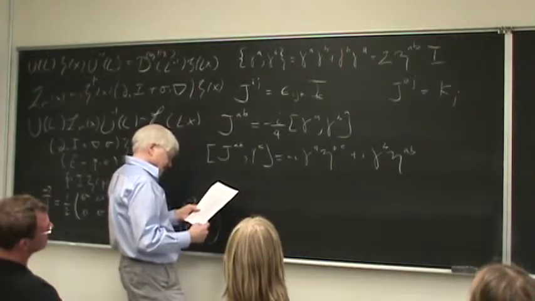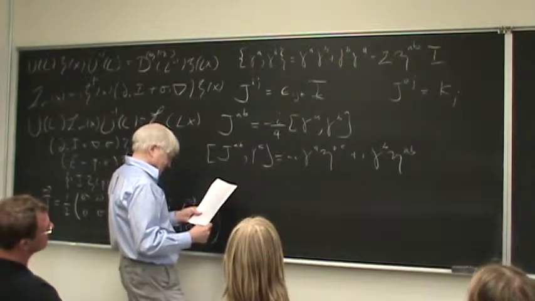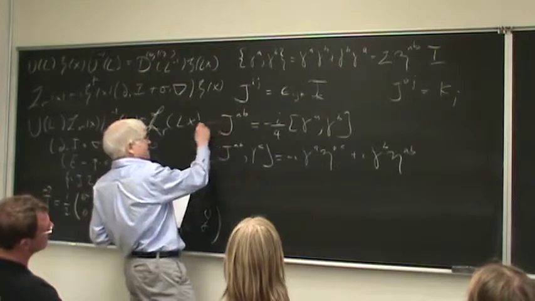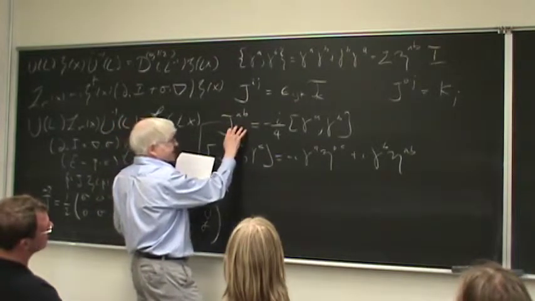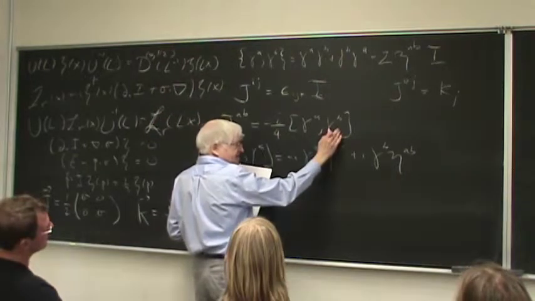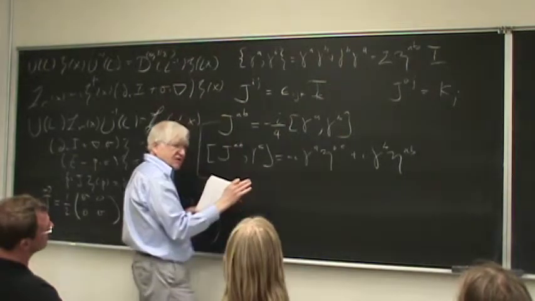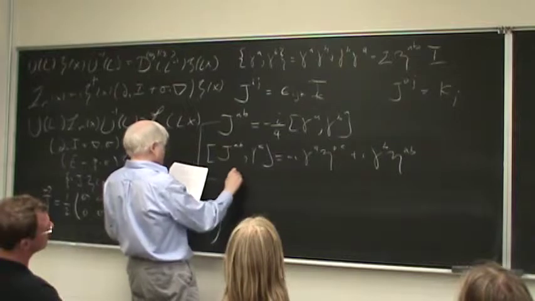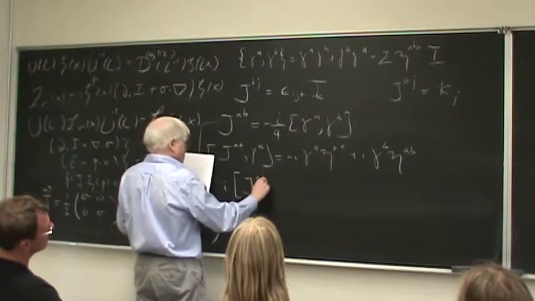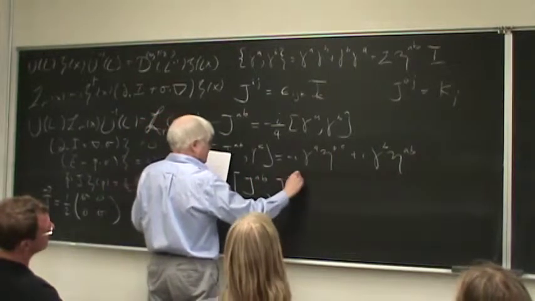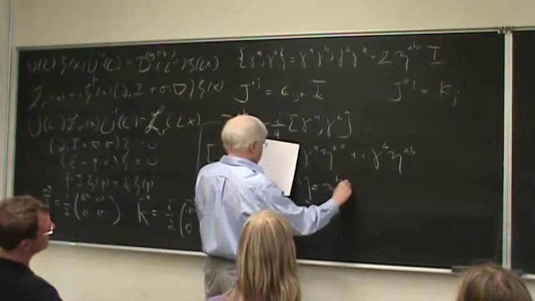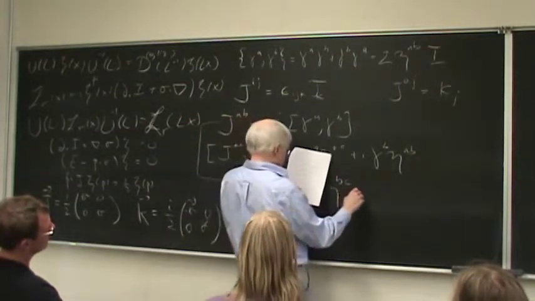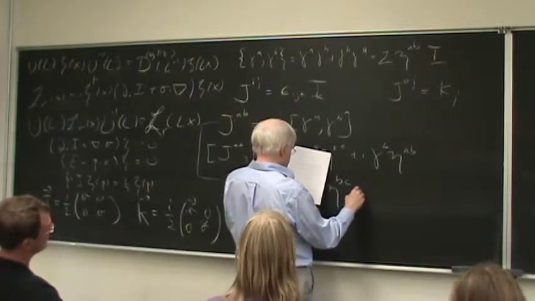That may not be totally apparent, but that's actually what that means. And another thing that this means is that these guys, written as commutators of gammas, satisfy the commutation relations of the Lorentz group, which is i [J_AB, J_CD] equals eta_BC, we'll derive this later, eta_BC